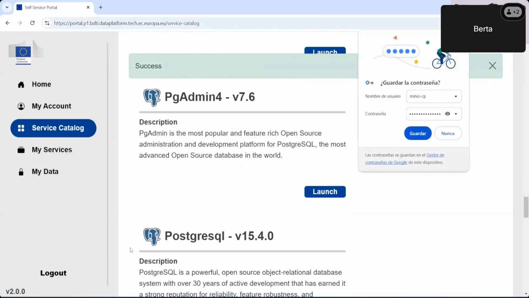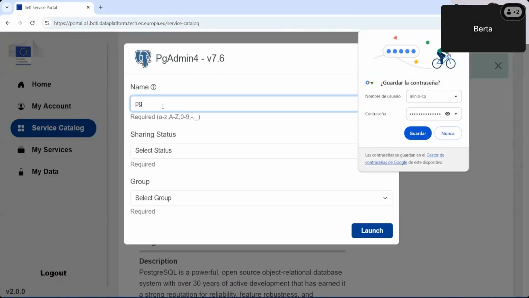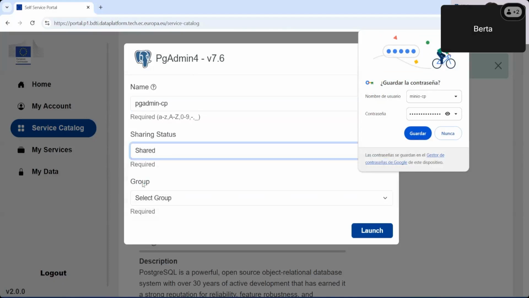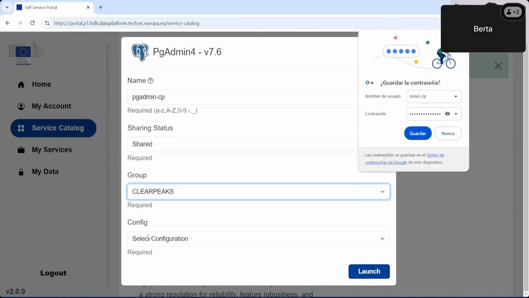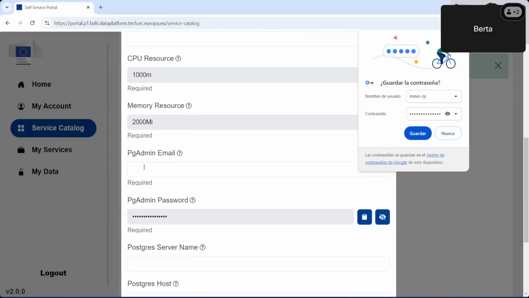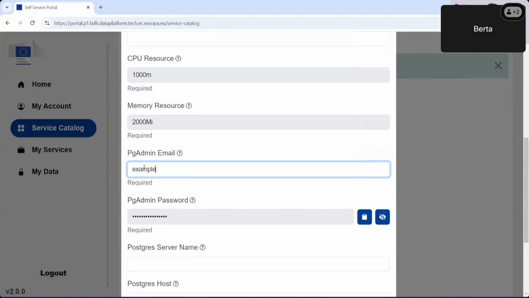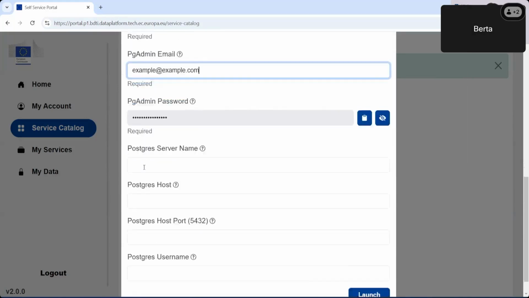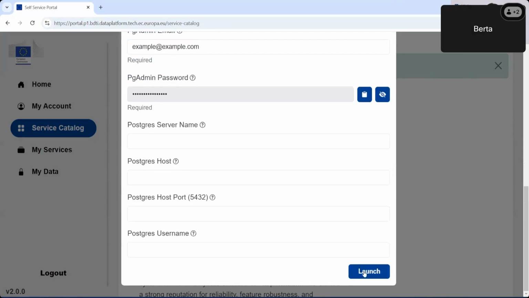Next we'll need pgAdmin and PostgreSQL. pgAdmin requires us to give it an email, and launch.